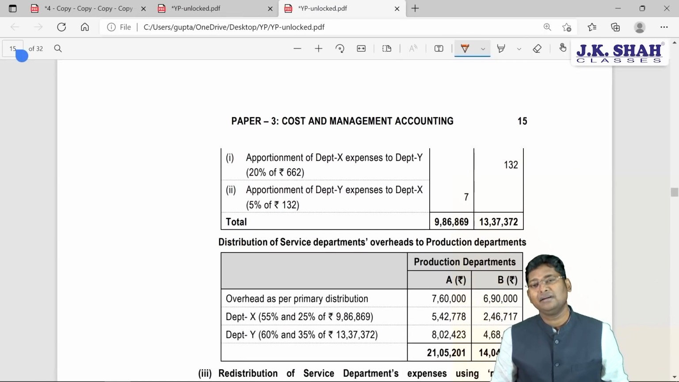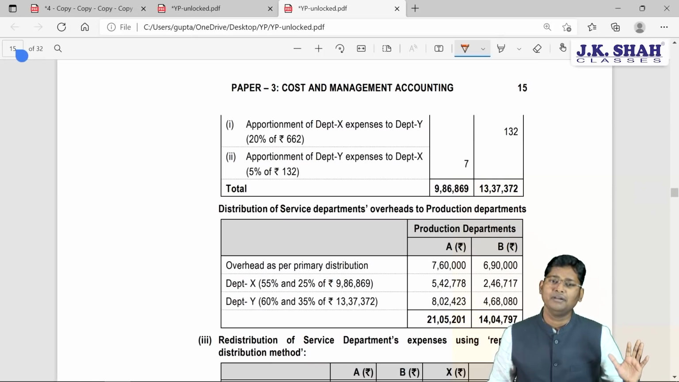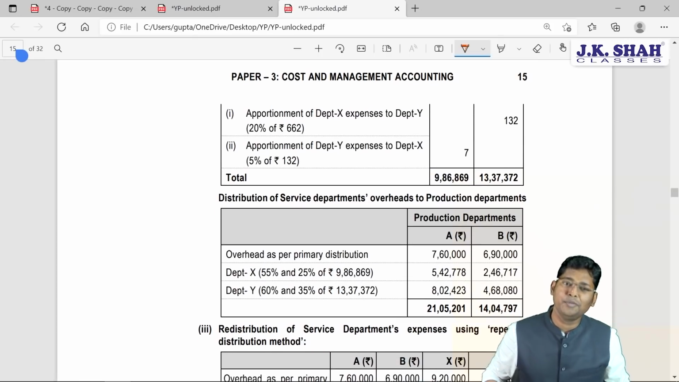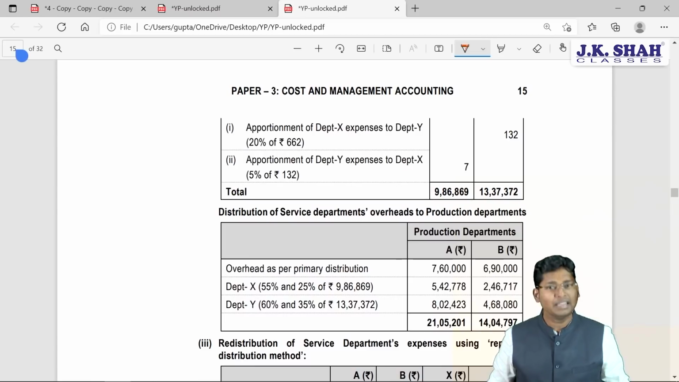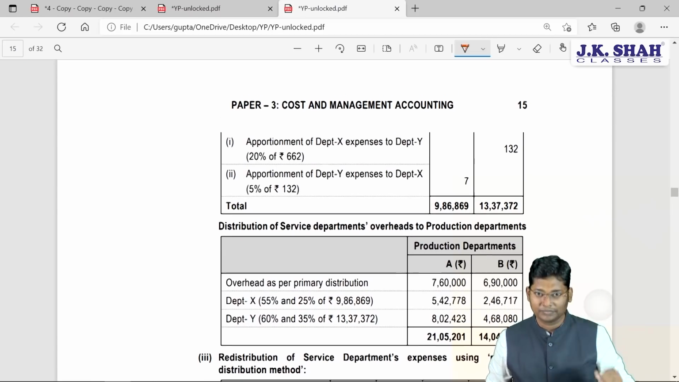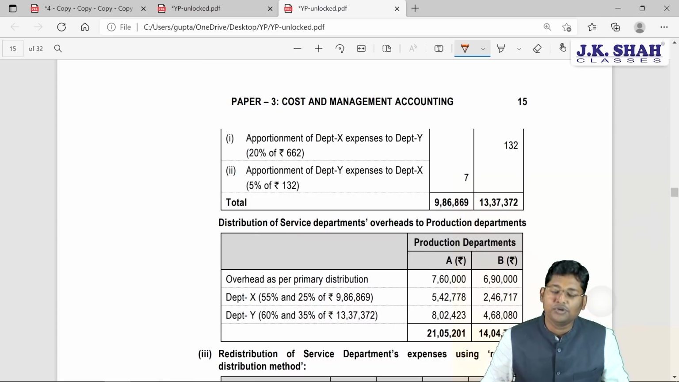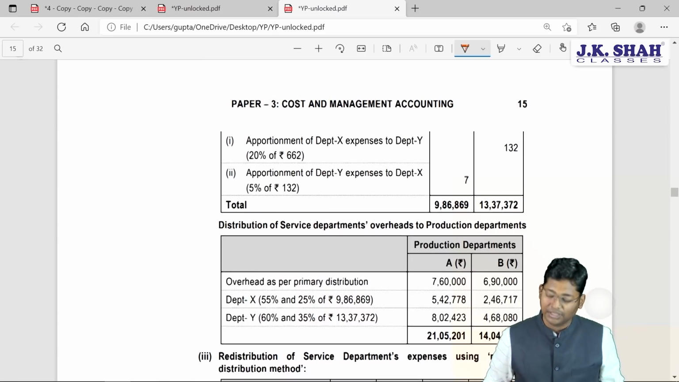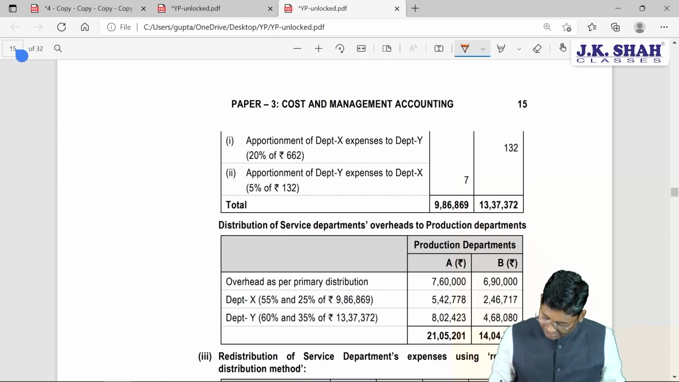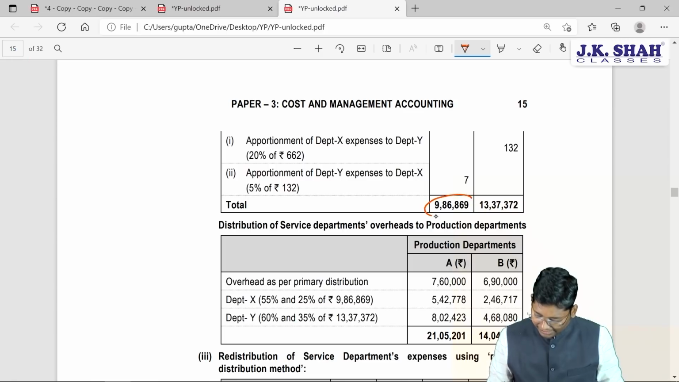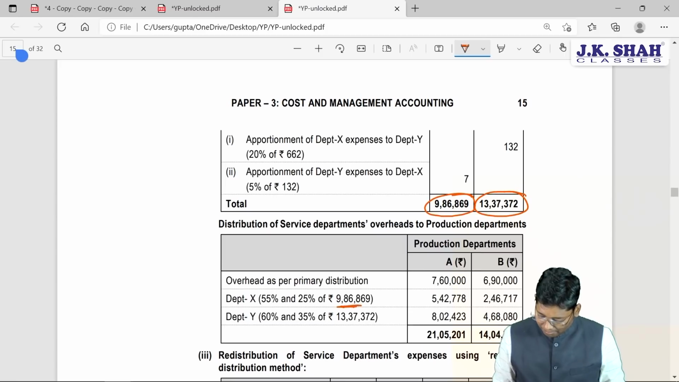And the last method is a very time consuming method, which is called your repeated distribution method. See, now according to this discussion, if service department cost you are going to distribute amongst the production department, I have computed my service department cost. This is 986,869 and 1337,372, and the same amounts I have taken and I have bifurcated them between department A and B in the